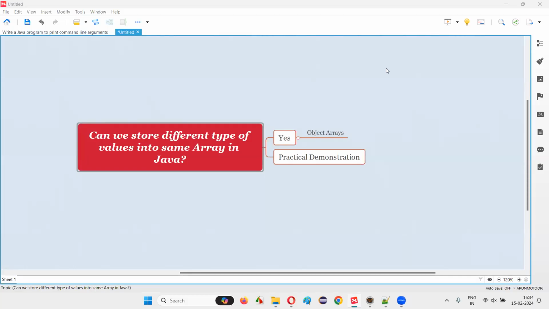Hello all. Welcome to this session. In this session, I am going to answer one of the Java interview questions. That is, can we store different type of values into the same array in Java? Let me answer. Yes, in Java, we can store different type of values into the same array with the help